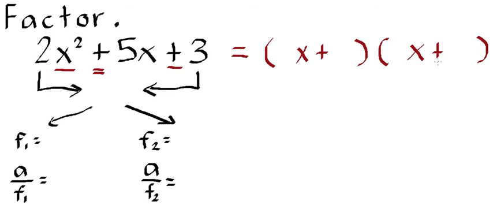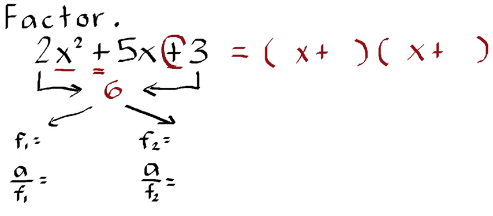So, nakaready na ang ating mga x at ang mga positive. Step number 4 na tayo. The next step is to find the product of A and C. In this general quadratic trinomial, our A is 2 and our B is 5 and our C is 3. We will get the product of A and C. So 2 times 3 equals 6. Then, we will find factors of 6